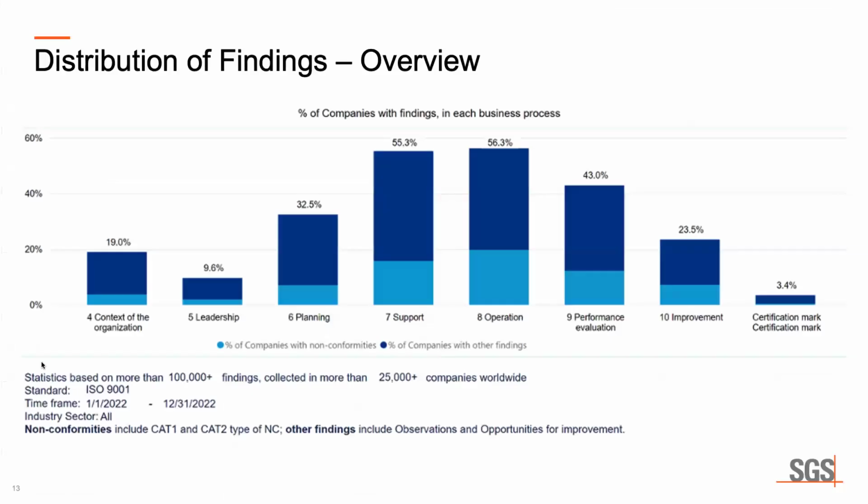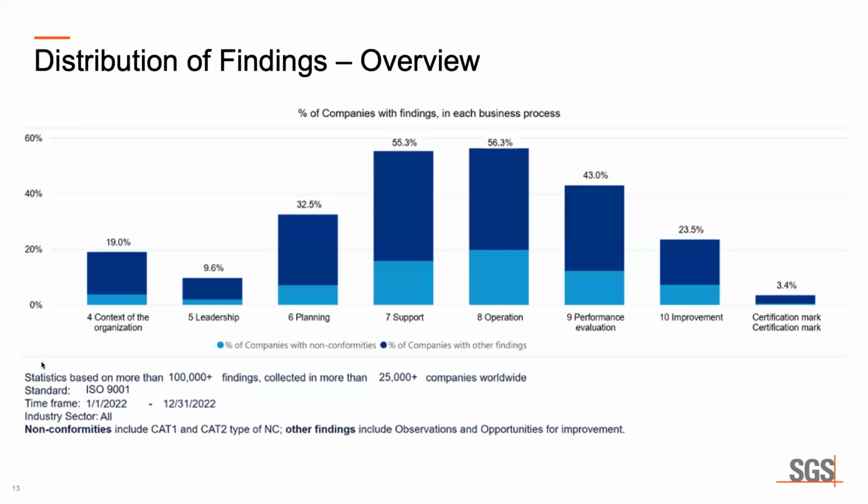One of the things that I'm observing is that we're getting a significant amount of non-conformances, and maybe you yourselves can think about this as well, when you reflect on your non-conformances, should you have any. The majority of non-conformances that we see coming out of an audit are typically found in section 7 and section 8, where 7 is your support and 8 is operations. This is if it's triggered specifically within the context of ISO 9001.